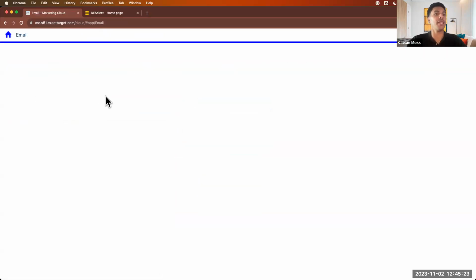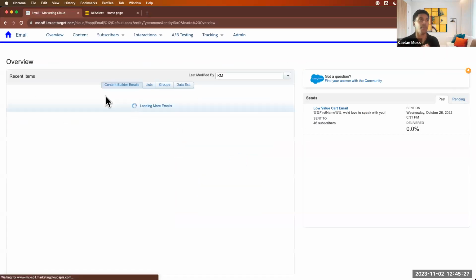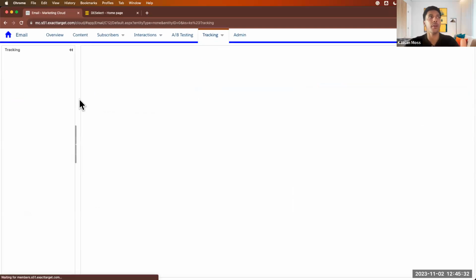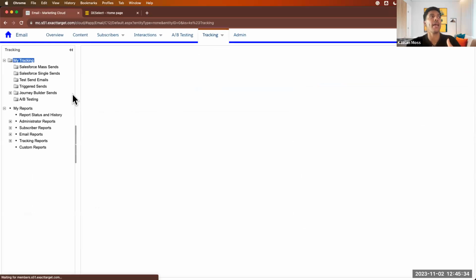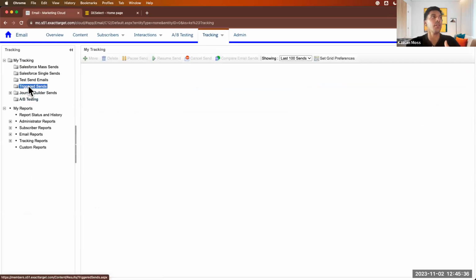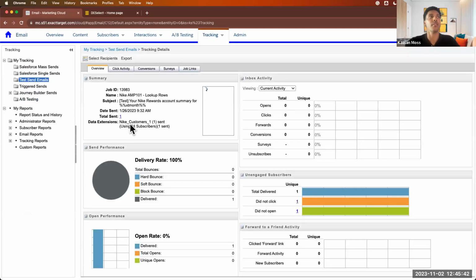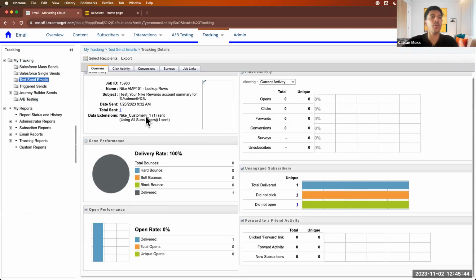I know we have about 15 minutes left, but those are about the core 5 areas. 4 of the 5 areas. We also have tracking where we can check our email sends and look at what has actually worked. So if we want to drill in even deeper, we can check out our emails and look at performance rates. Now, these are standard tracking metrics.